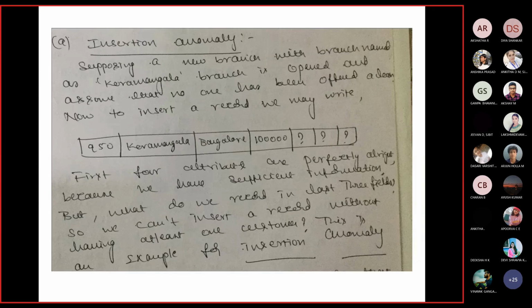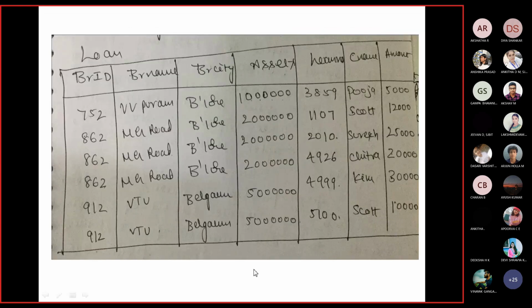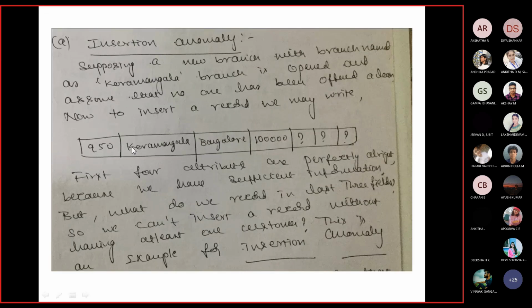In this situation, what will happen here? You can see that 950 is the branch ID, Koramangala, Bangalore, and the asset is 10,000. Assume that no one has taken a loan from this particular branch. So in this case, you can see the first four attribute values already exist here. Why? Because here it has some